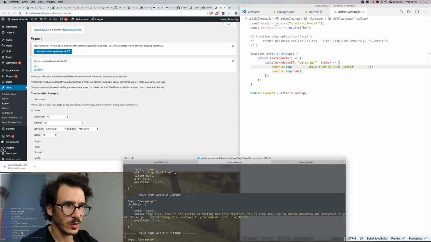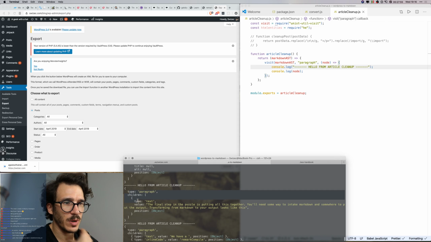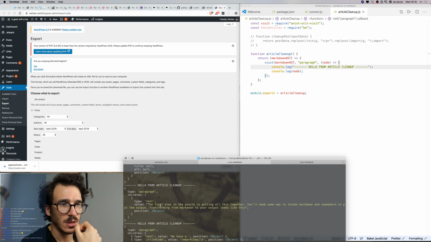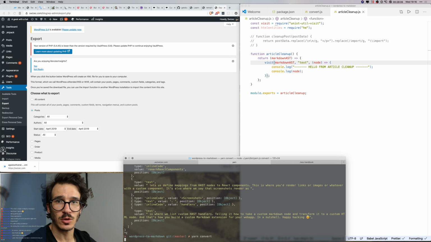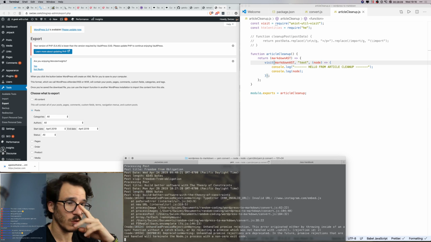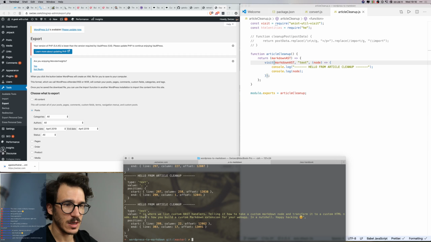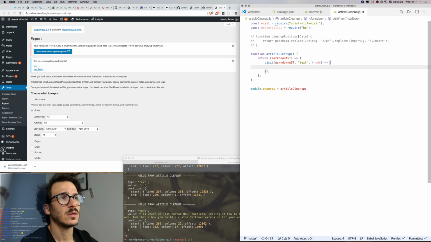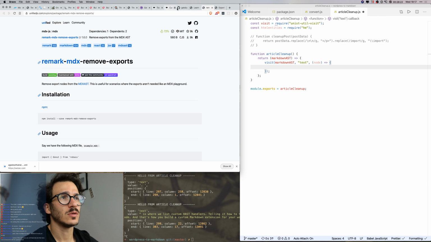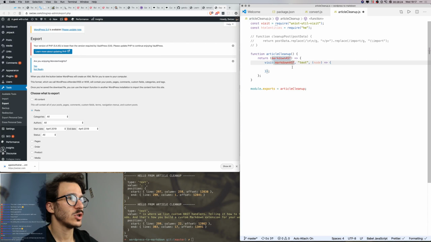So we are here. We got the paragraphs, and now we know that paragraphs have children of type text and then value, which means we might be able to run it directly and visit all of the text nodes rather than all of the paragraph nodes. And yes, that worked. So we can actually go directly into every text node, which means we can then, what do we do then? So we can change the node text,